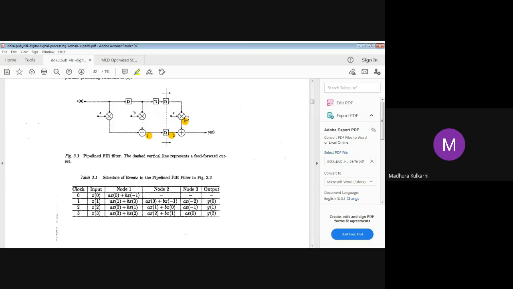Talking about reducing the critical path, when we have added a cut set over here, we will find that the critical path, that is the longest path without delay, now becomes 1 multiplier 1 adder. So our critical path has been reduced from Tm plus 2Ta to Tm plus Ta. That is, 1 adder operation has been reduced. Fine. In this way, we have achieved our aim of reducing the critical path.